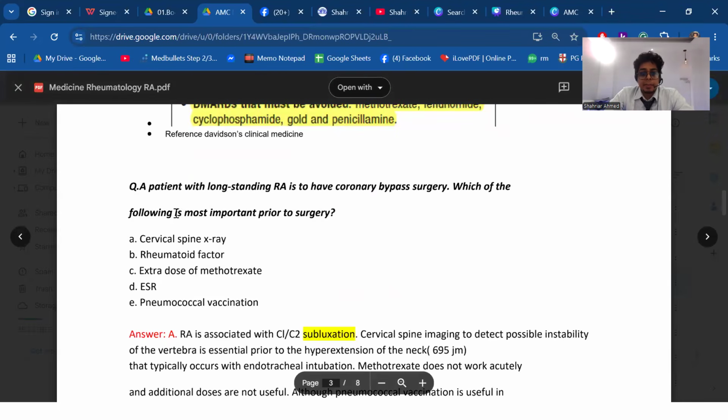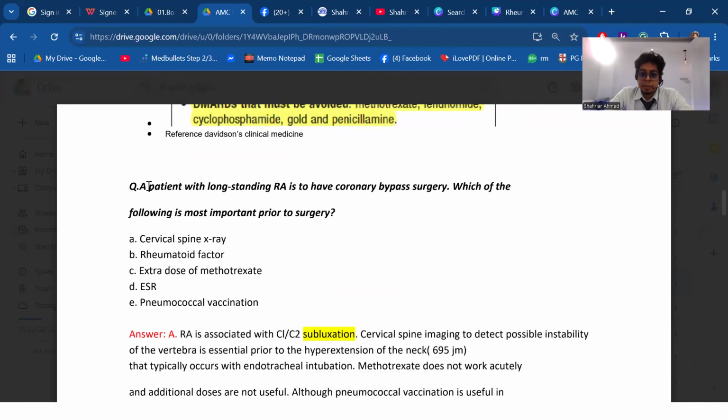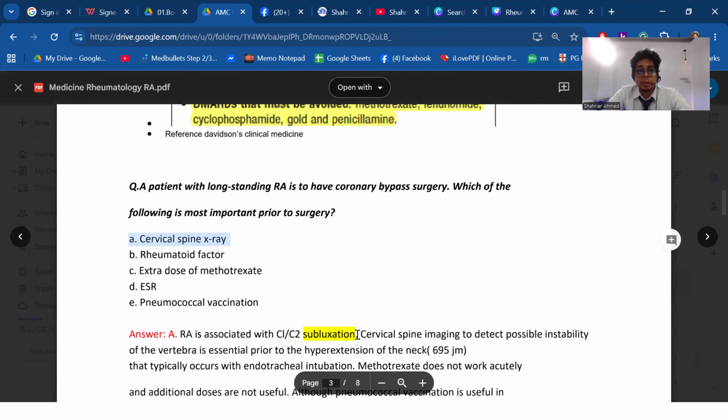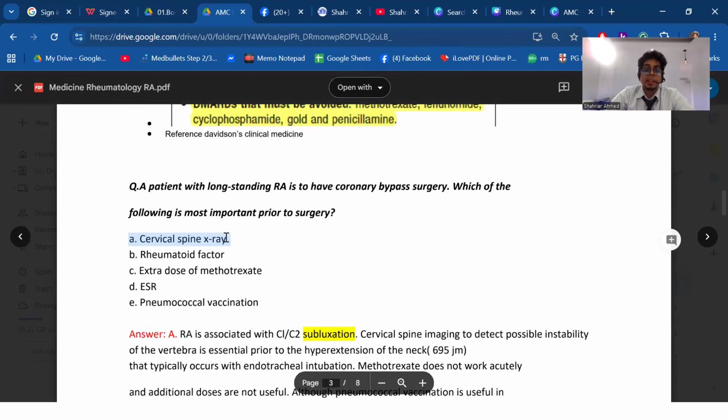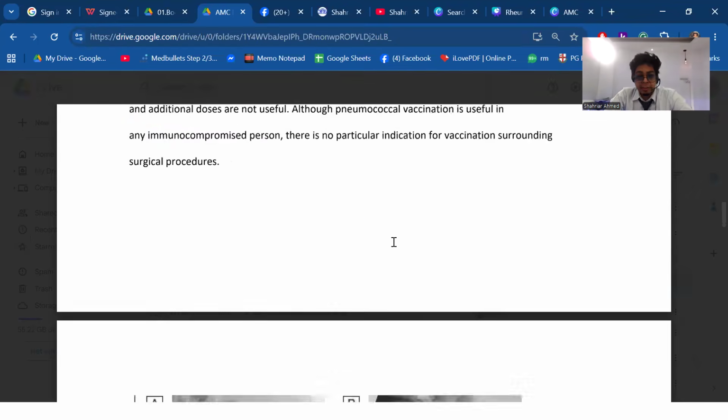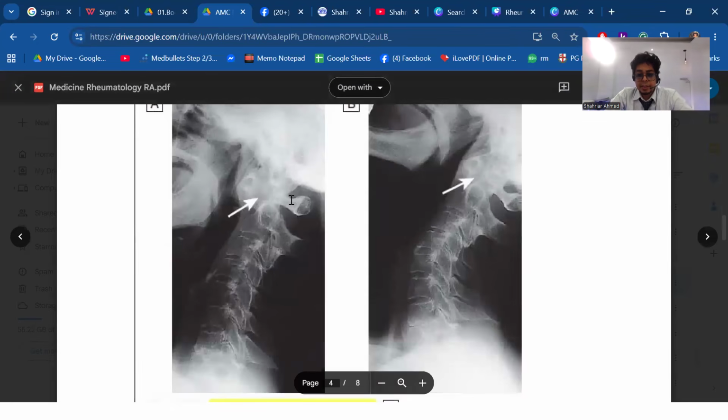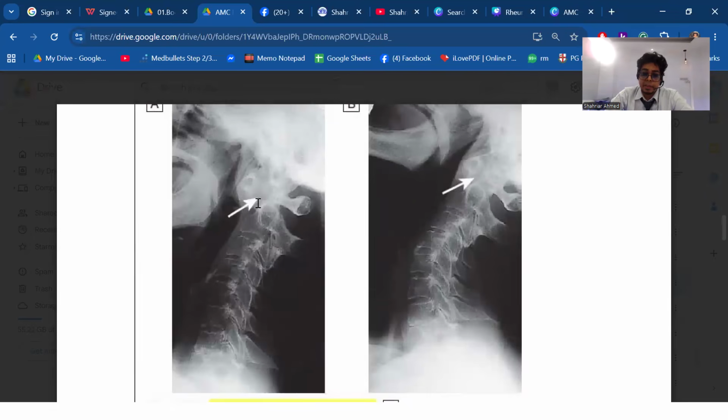All right. Now, a few more things that you will find in the same note. In some cases someone has rheumatoid arthritis, but you need to do a surgery. Is there anything special you can do? Yes, a cervical X-ray, because there can be subluxation. Some rheumatoid arthritis patients have neck subluxation. So when you do neck extension during the anesthesiology procedure, a very dangerous thing can happen. So a cervical X-ray is very important to rule out subluxation before the procedure. Yes, it's a one-time tested topic.